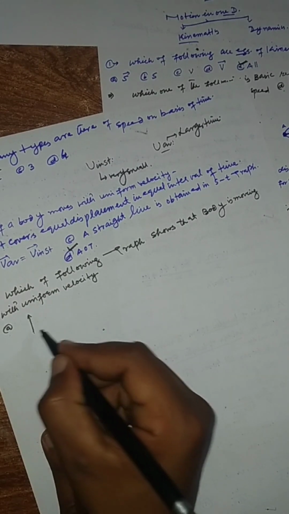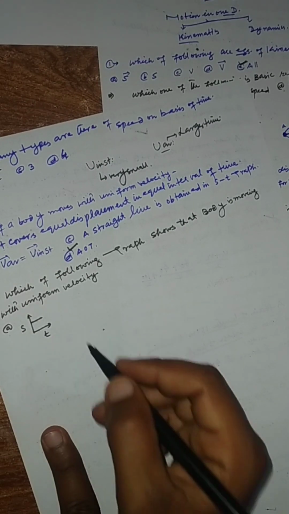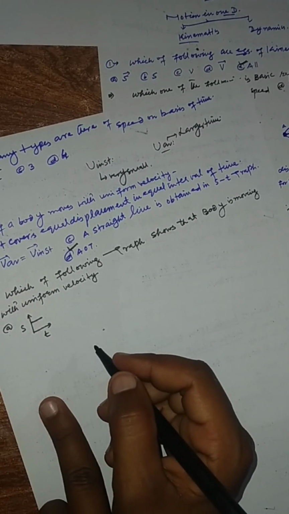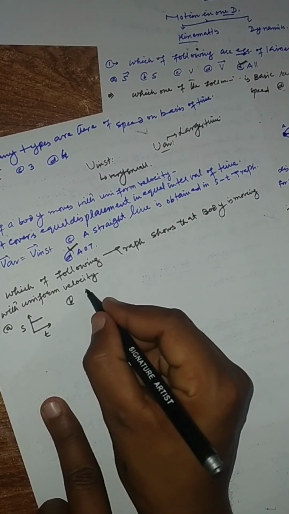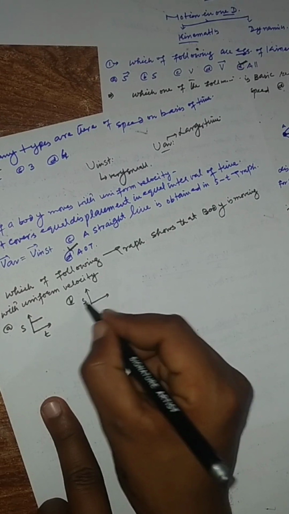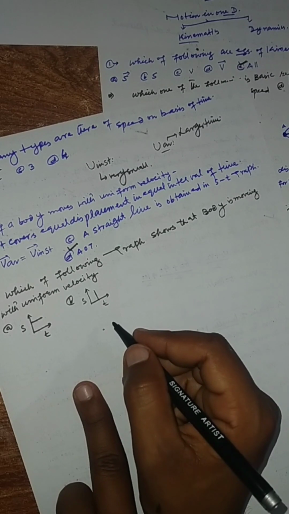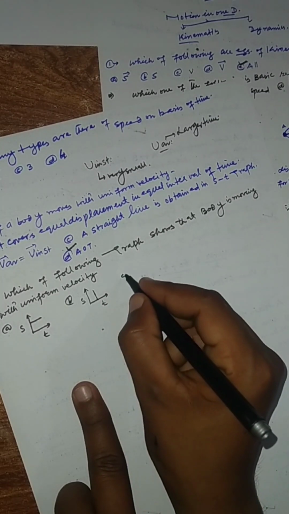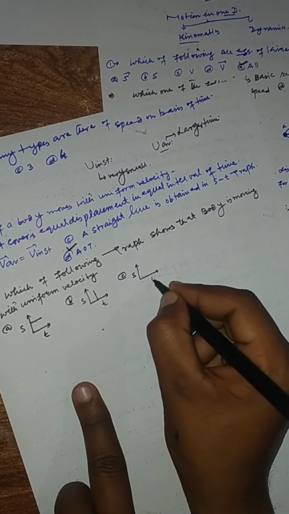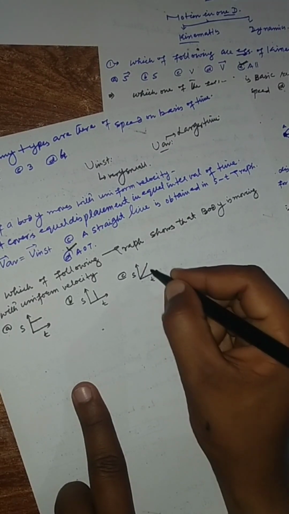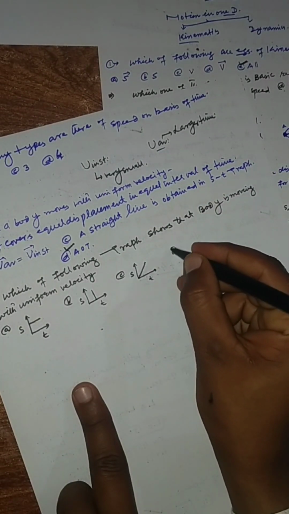Let's say ST, a straight line parallel to the time axis, and the other one is ST, a line parallel to the distance or displacement axis, or we may say S and T, a straight line in between S and T, or